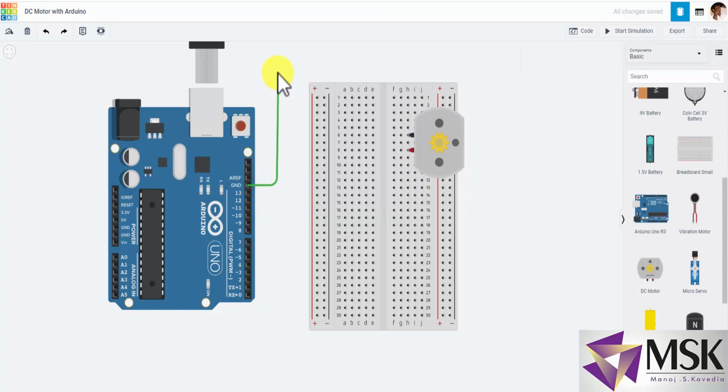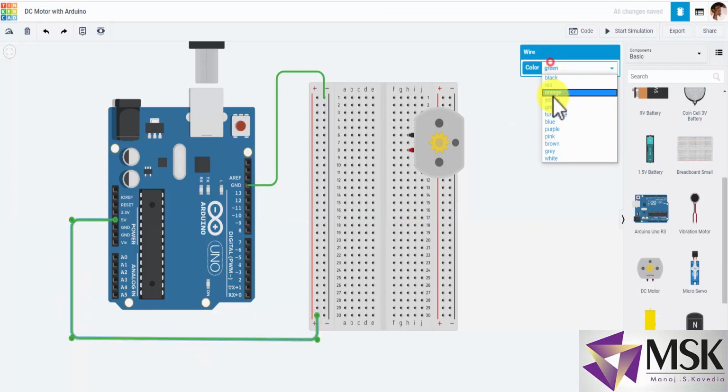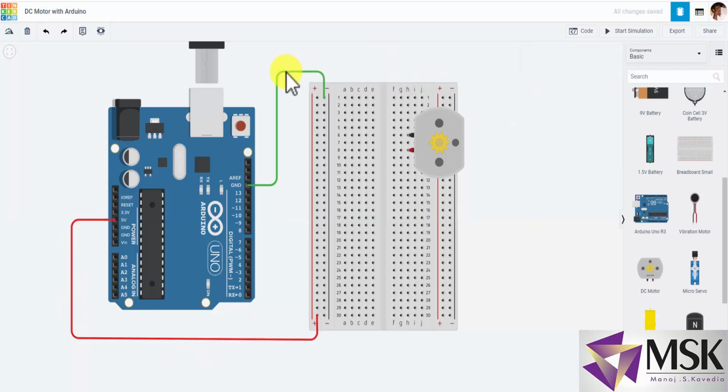So I'll first connect the negative. This complete column will become the negative rail or the negative point, and here I am taking positive. So this is red and this is black. I'll connect this to negative. So one end of the motor is connected to negative and the other I am connecting to pin number 11. So this is my minimum circuit for interfacing of motor. And now let's see how I can control the motor.